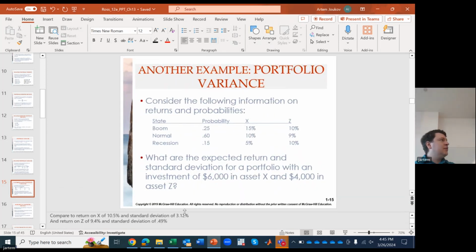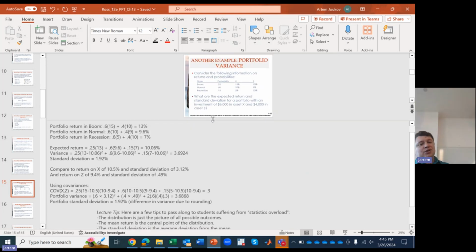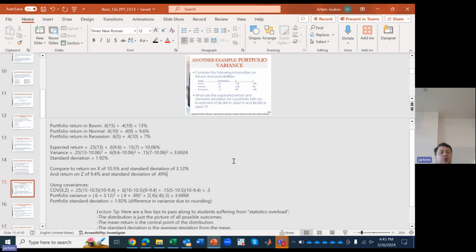Yes, sir, you want to use the first one. Again, the notes are trying to really take you higher. Don't worry about this; you don't have to do it this way. After the word compare, you don't need to worry about that for the test. But maybe you just wanted to know how to do it using covariances. That's how you do it.